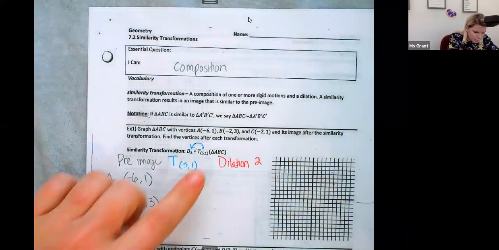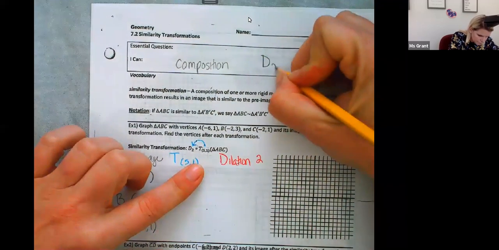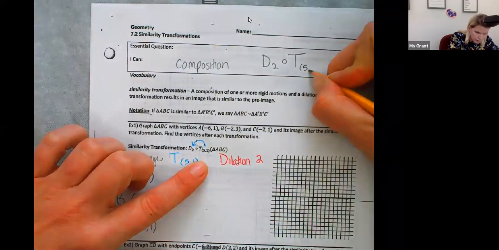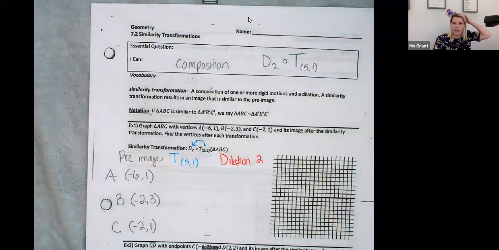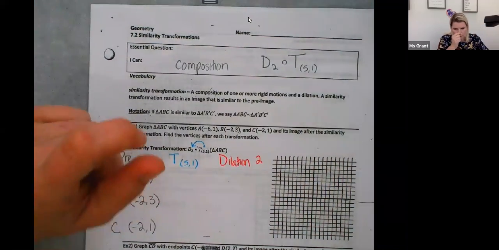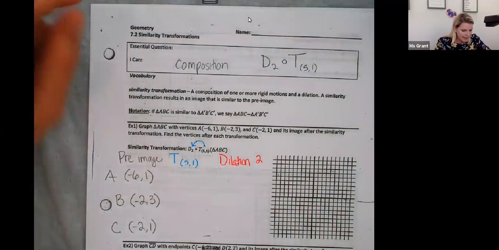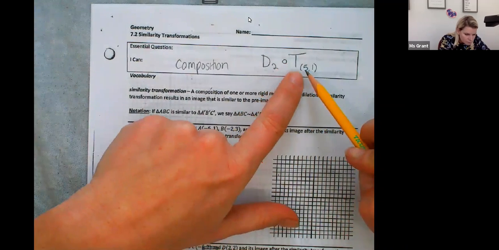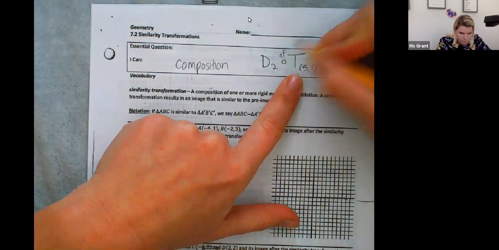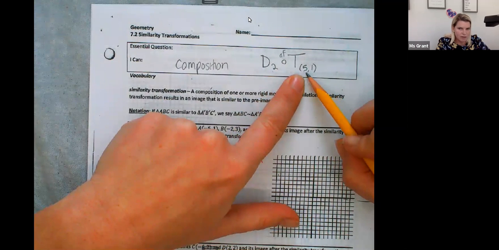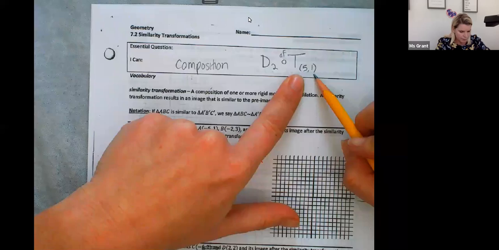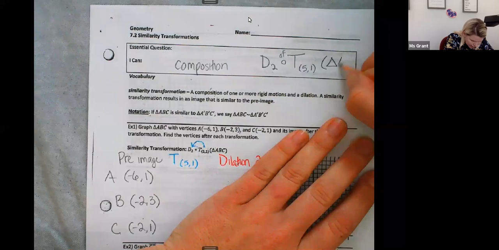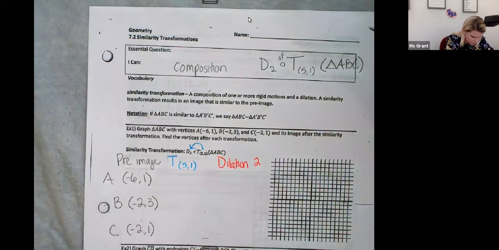Okay, so I'm going to use the number 1. Remember, the open circle is the symbol for translations. Here's how you read this. Okay, ready? The dilation with scale factor of 2 of a translation 5 units to the right and 1 unit up of triangle ABC. This is number 1